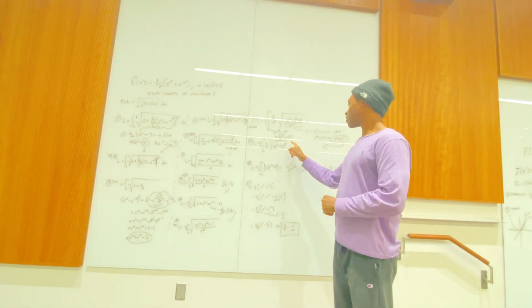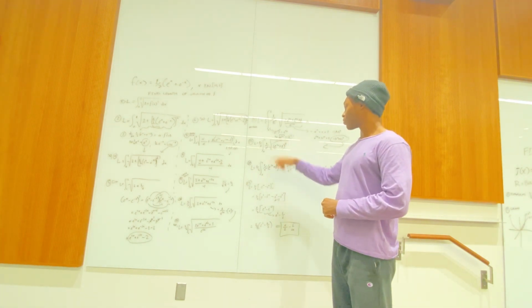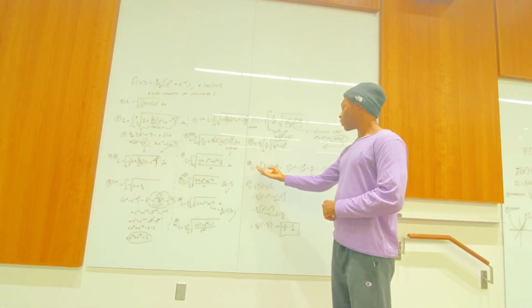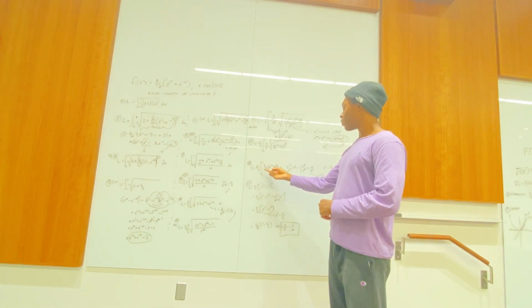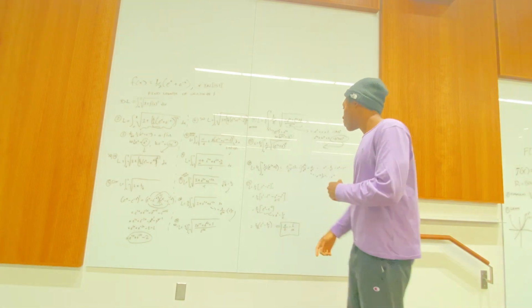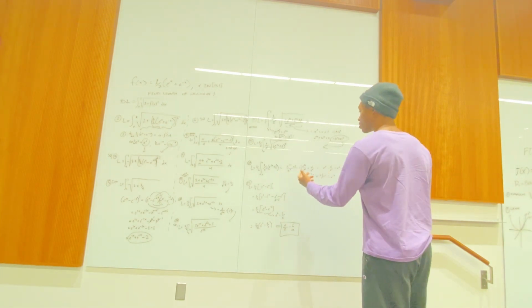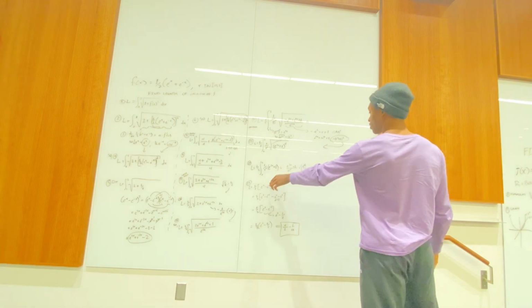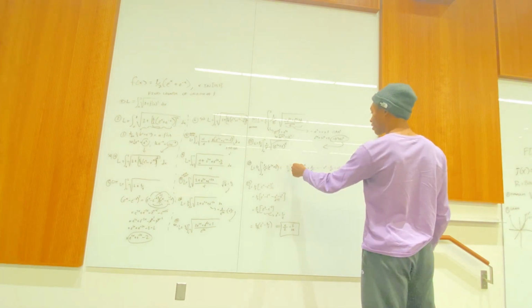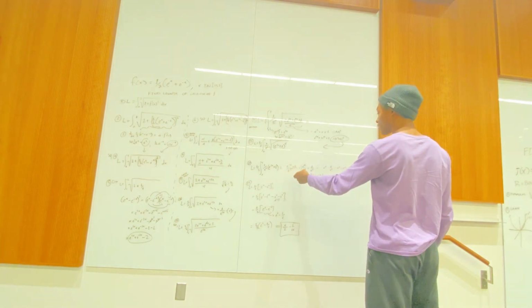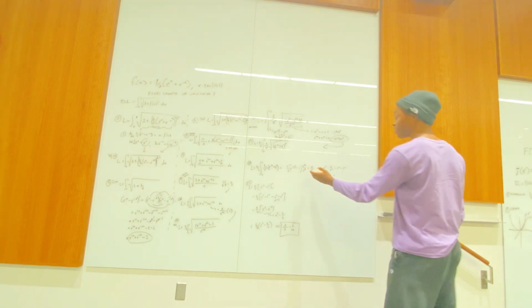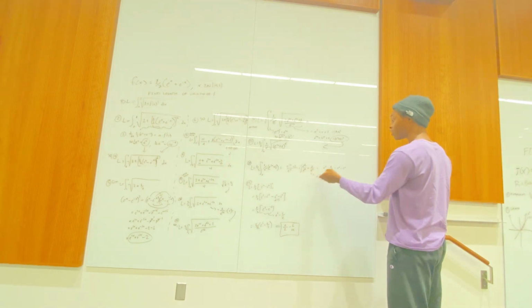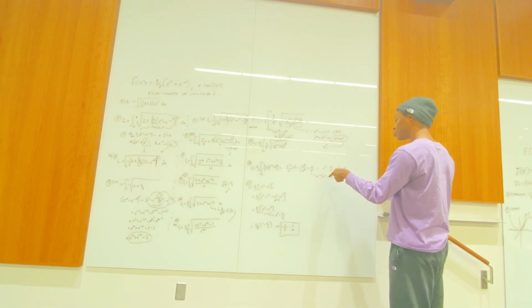And then this is going to cancel. Since it's squared, it's going to cancel with the root. And you're going to be left with this: 1/2 times the integral of 1 over e to the x times e to the 2x plus 1. This is going to equal, you can just take this all out of the parentheses, and you're going to be left with e to the 2x plus 1 all over e to the x, right? And then you're going to take the integral of that, and you're going to be left with e to the,